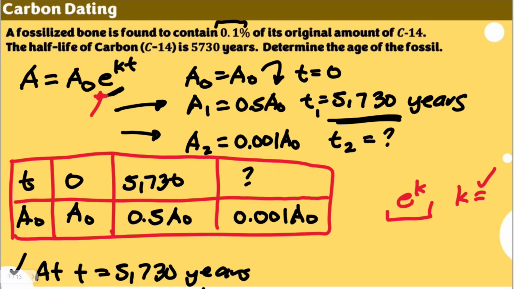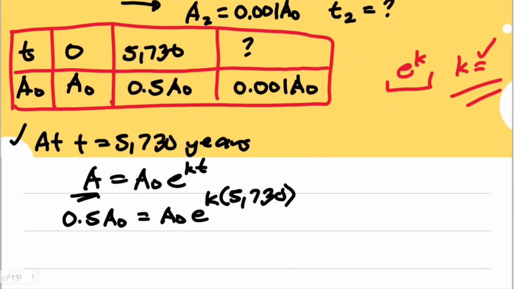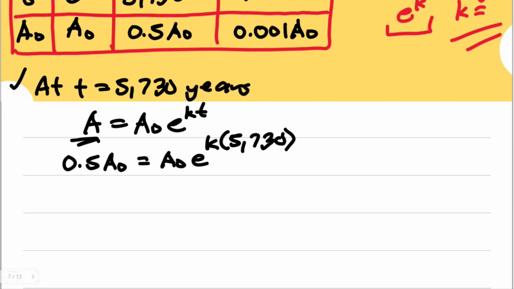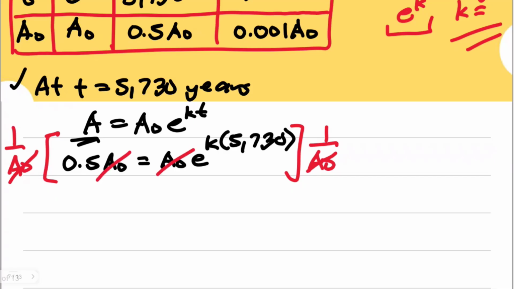Rather than solving for k, yes, you can solve that, but when you return to the formula, you'll still have that as an exponent of e. Nevertheless, there's no problem with that. We can solve for k here, but allow me to solve for e to the power of k because it's simpler for me. Let's multiply both sides by 1 over A sub 0, so this will be cancelled as well as that. I have here 0.5 equal to e to the power of k times 5,730, or e to the 5,730k. Let's write it in that manner because we are multiplying exponents now.